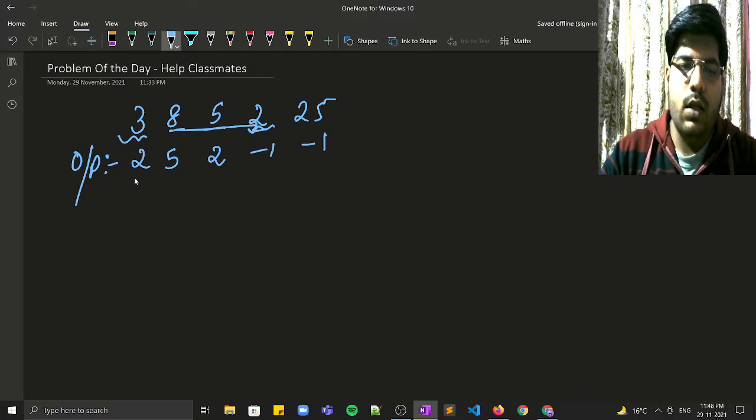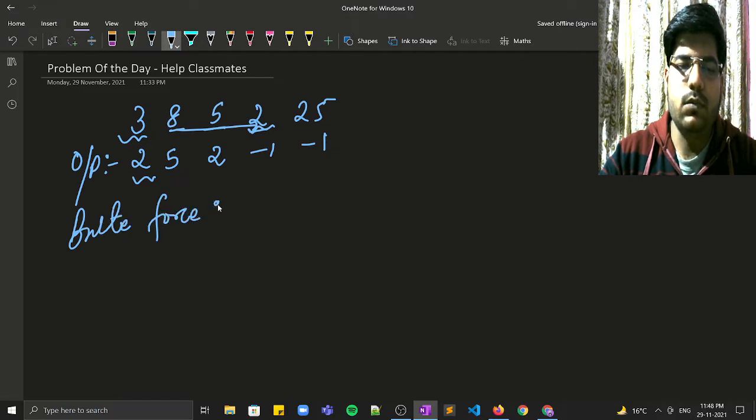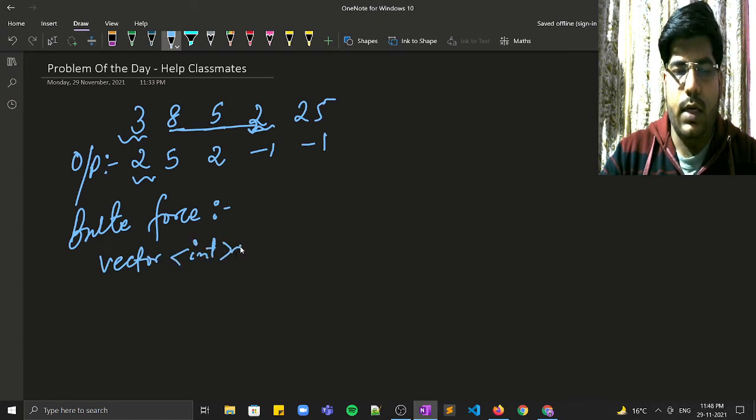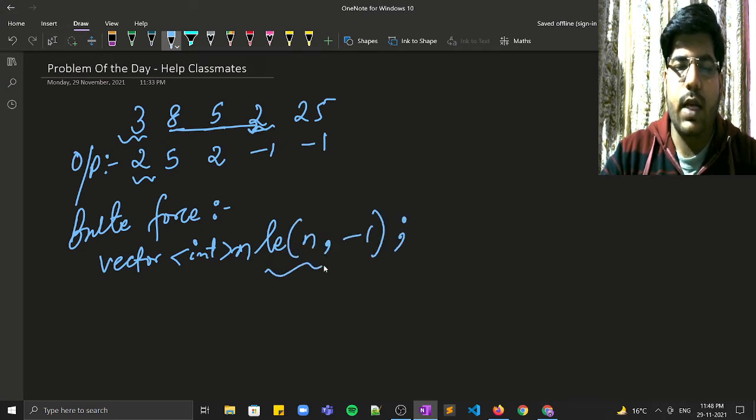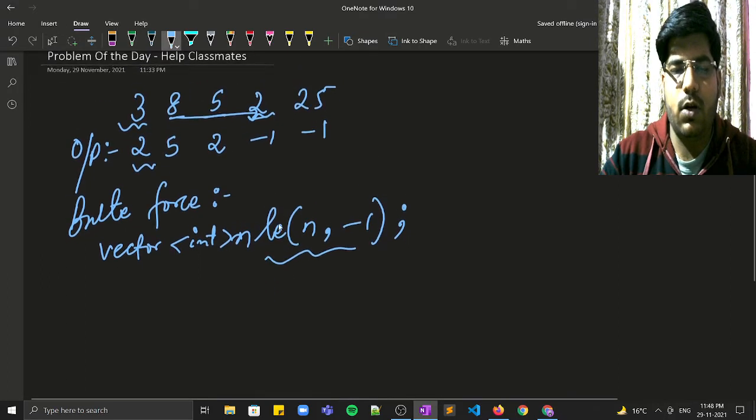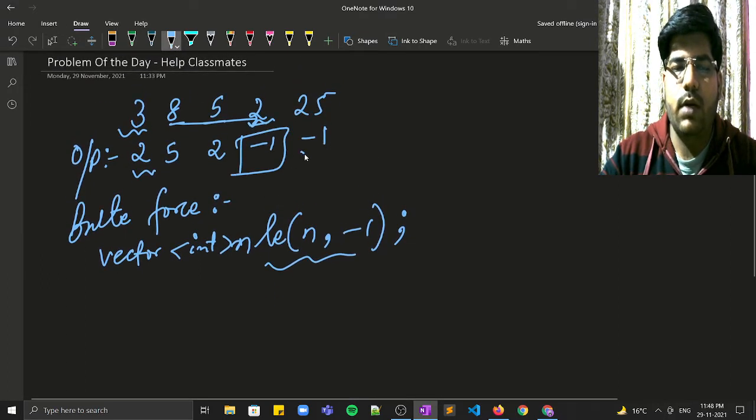The brute force approach can be using two for loops, right? Let us declare a vector of int, let's say nearest lesser element, NLE, of size n with -1, so we can initialize it with -1 because if we don't find a value it will be -1.